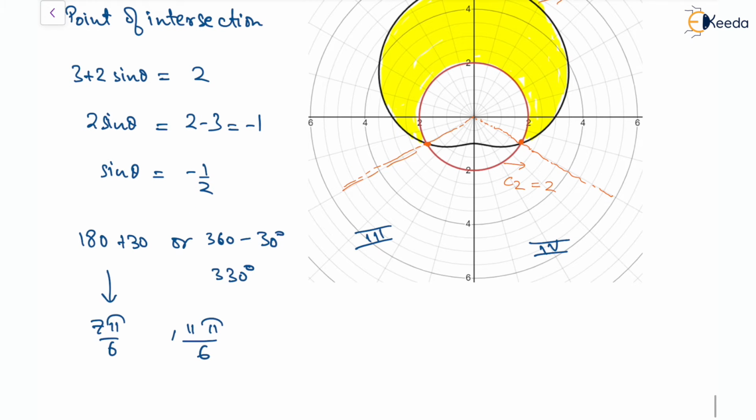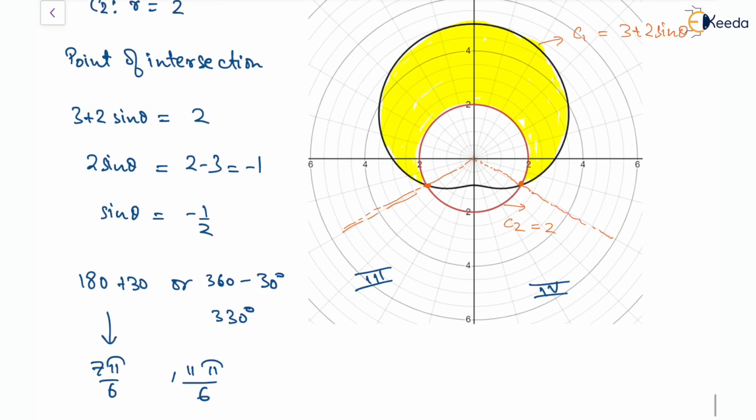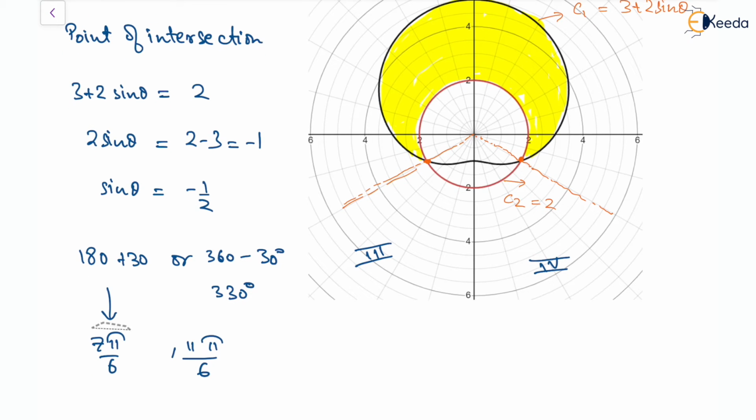Now, you can see if you say theta varies from 7 pi by 6 to 11 pi by 6, this means you are moving from this angle, 7 pi by 6, to 11 pi by 6. But this is not what we are looking for. We are looking for a variation from this region to this region. So for this we'll have to do two things. Either we'll have to add 2 pi to this 7 pi by 6, so the limits could be 11 pi by 6 to 7 pi by 6 plus 2 pi,